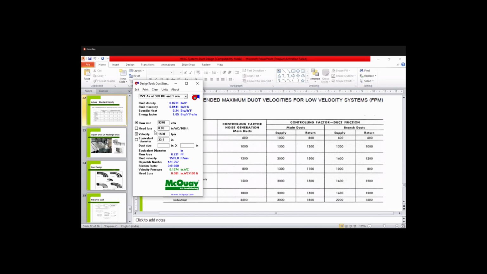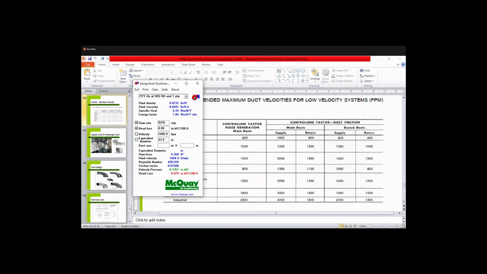But the most used is the head loss method, the easiest way to calculate the duct size. So we got 0.08. Just remember the numeric 0.08. Let's select this one: 9370 CFM for the AHU, and 0.08 is the head loss.